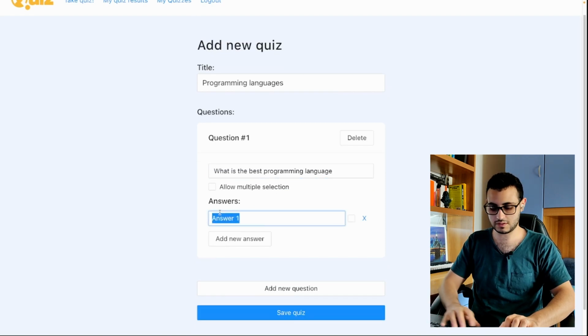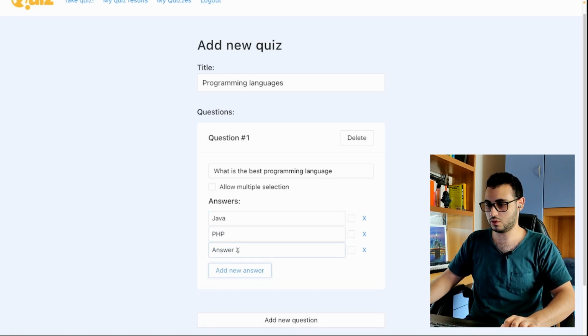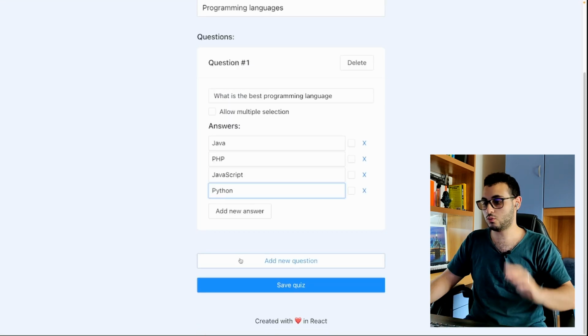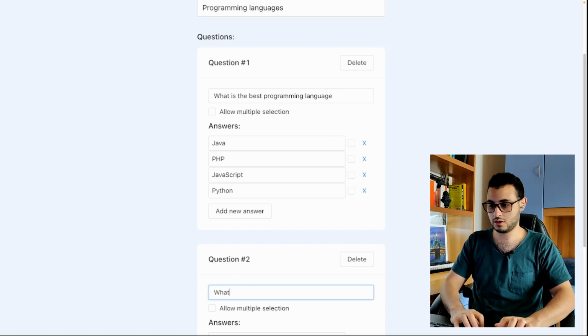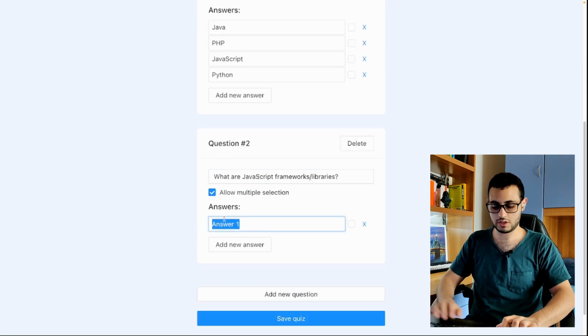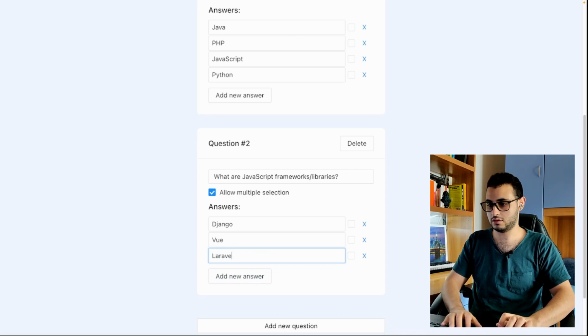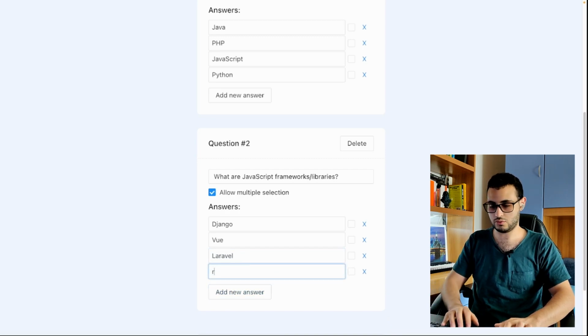Okay, answers, we can say Java, we can say PHP, and then we can say JavaScript, and then we can say Python or whatever. Now we add a new question and we can say what are JavaScript frameworks or libraries. We can allow multiple selection and we can say Django, and let's add Vue, and then Laravel,